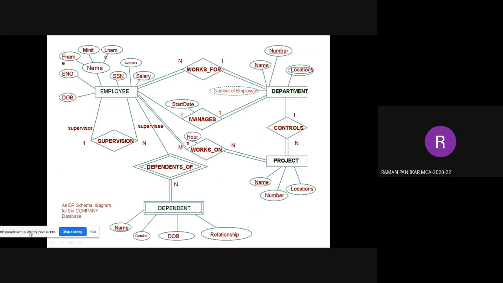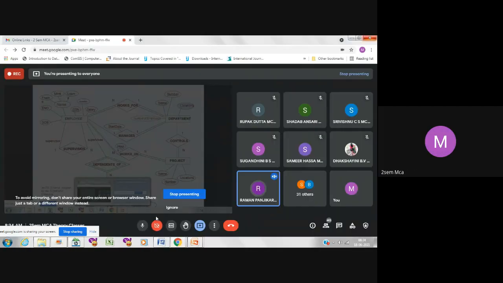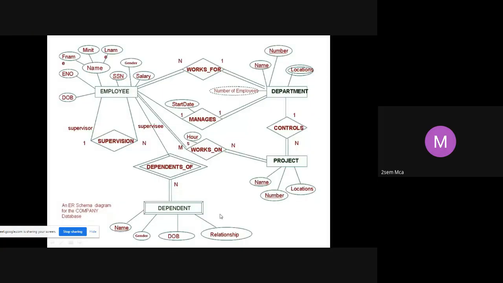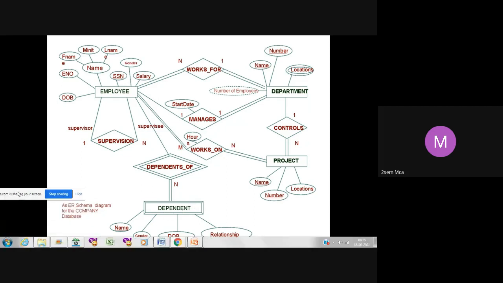Ma'am, dependent is my multi-valued attribute. No, dependent is a weak entity, not multi-valued. It's not an attribute. You only told it is an entity, is it not? Then how can it become an attribute suddenly?